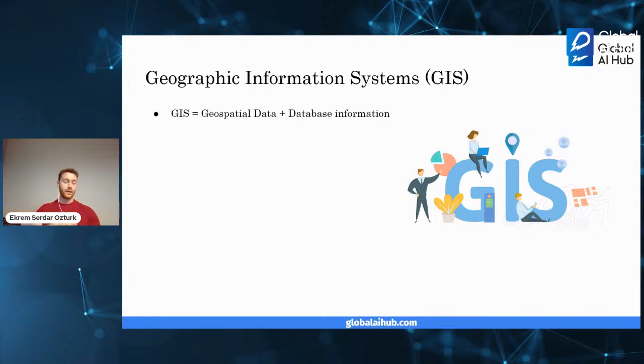As I said earlier, there are various types in which you can store your data, and you can only use it in a GIS work environment. Two examples are ArcGIS, maybe some of you know, and QGIS, Quantum GIS. They are the most popular ones.